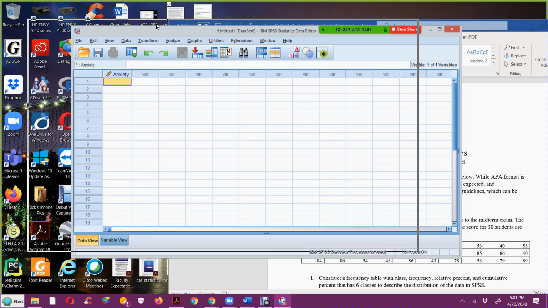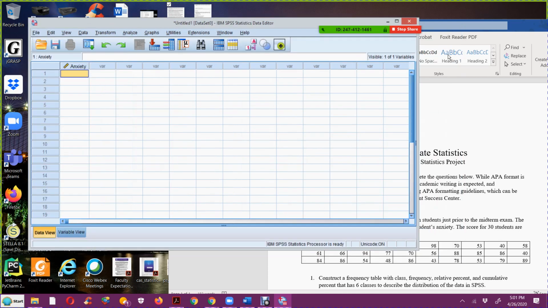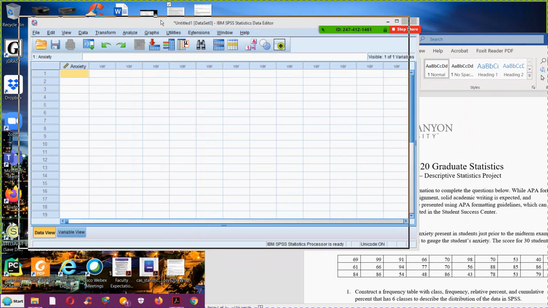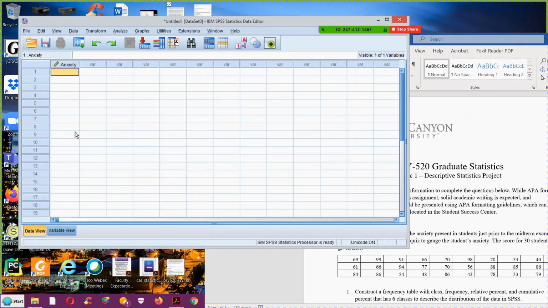And I'll begin my data entry. So I'm going to position the windows just so I can read the data and type at the same time. And I'm going to just be going down: 69, 61, 84, 99, 66, 86, 91, 94, 54, 66, 77,